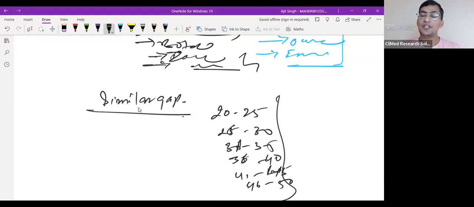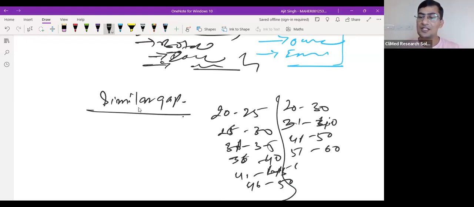Like that, there should be a unique gap, an equal gap: 20 to 30, 31 to 39, sorry, 31 to 40, okay, 41 to 50, then 51 to 60, then